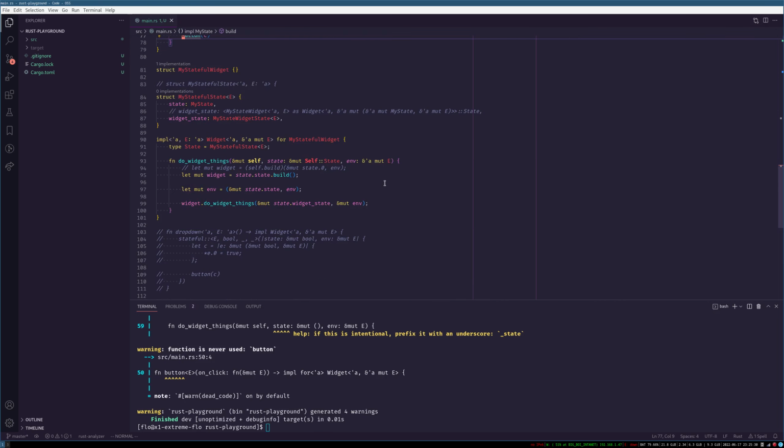Wait, so it was closure constraints as well? I'll have to go back. I can't fully remember right now what made my previous thing not work. So obviously the remaining part of this would be to make a function which would be called my stateful widget,